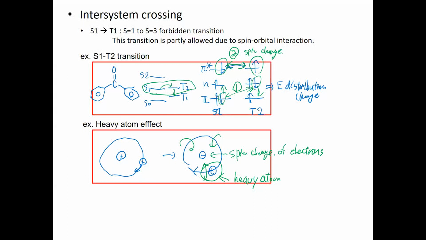So in summary, this is called spin-orbit interaction. A large orbital change, meaning the electron cloud change, could induce a magnetic field. That's why sometimes the electron spin can be flipped. That is the mechanism for the spin change, meaning the singlet, triplet,